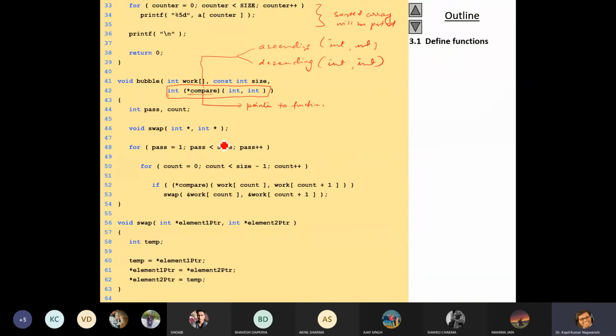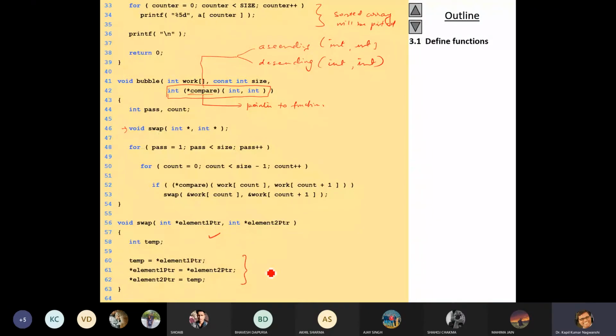Let us see how this will perform. There is another function. We have just declared the prototype here, or you can declare it outside the scope of the function. So swap we have already discussed.